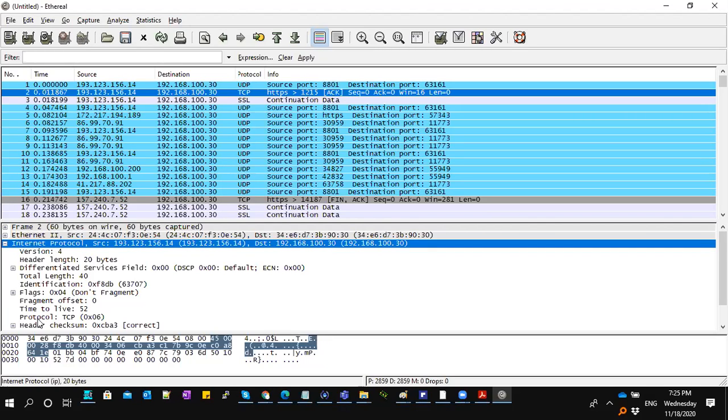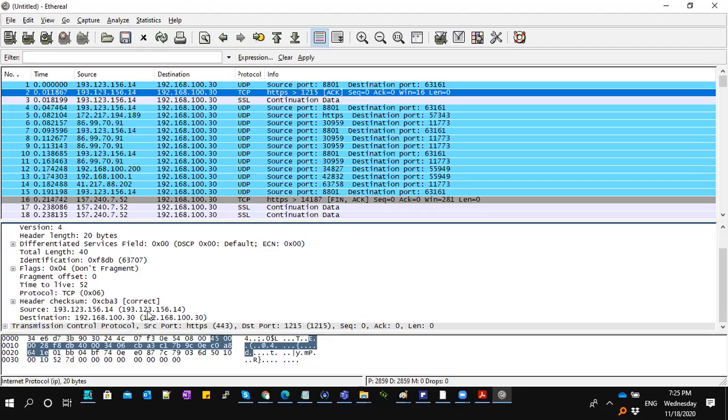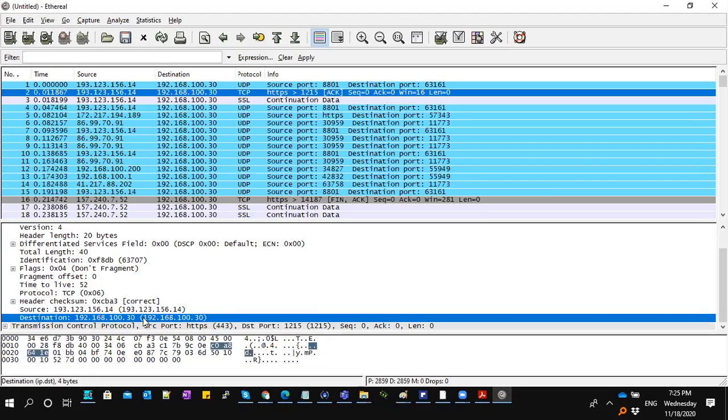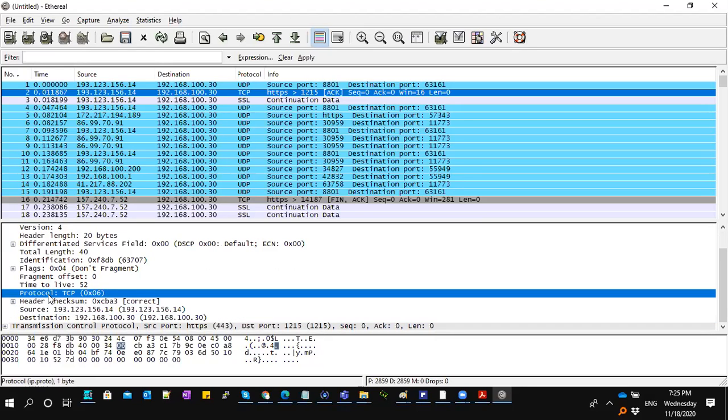Here you can see your source IP and your destination IP. Then you can see here protocol. The protocol means the same as network layer, transport layer, upper layer. The protocol you see is TCP. So which means